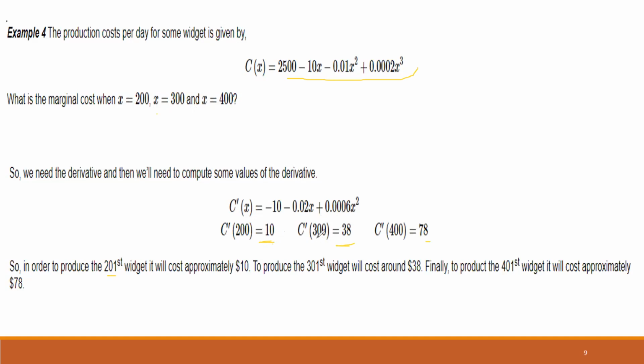To produce the next widget after 300, it will cost us $38. The rate of change gives us that. And to produce the 401st widget will cost us $78. Right? So if I go back here,